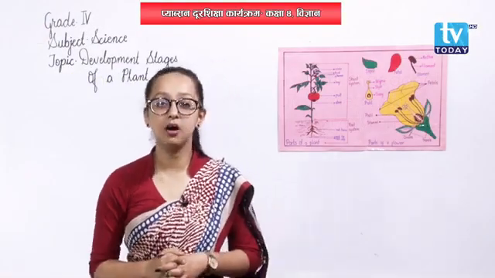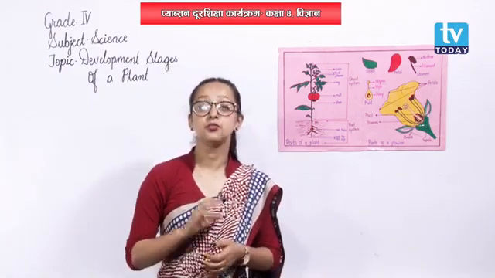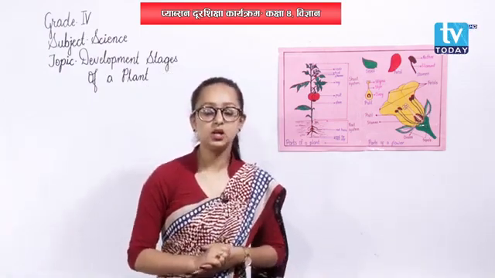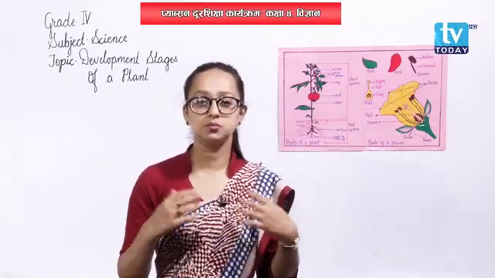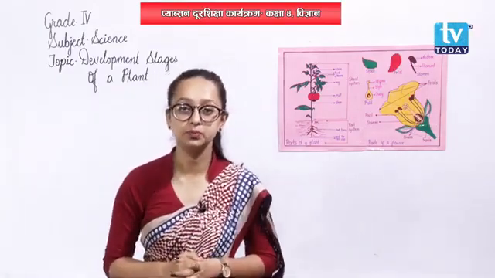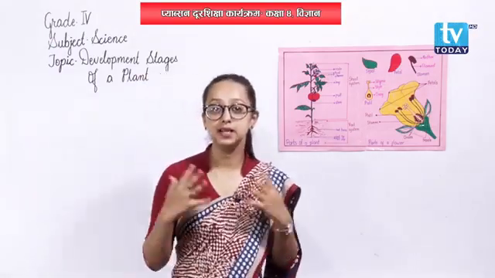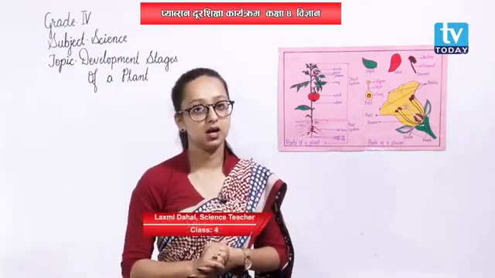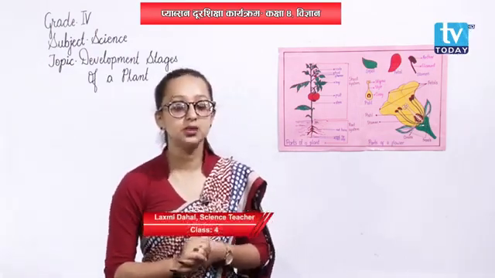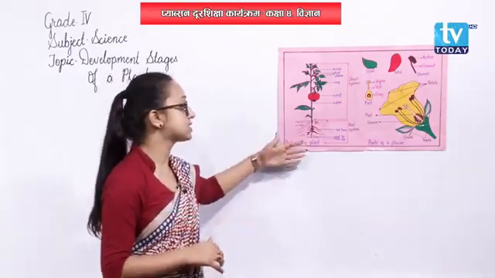The examples of flowering plants include all the flowers and fruits also. Whereas non-flowering plants include liverwort, moss, mushroom, etc. We can just think of the flowers as flowering plants. Understood? Now, in today's class, at first we are going to discuss the parts of a plant,